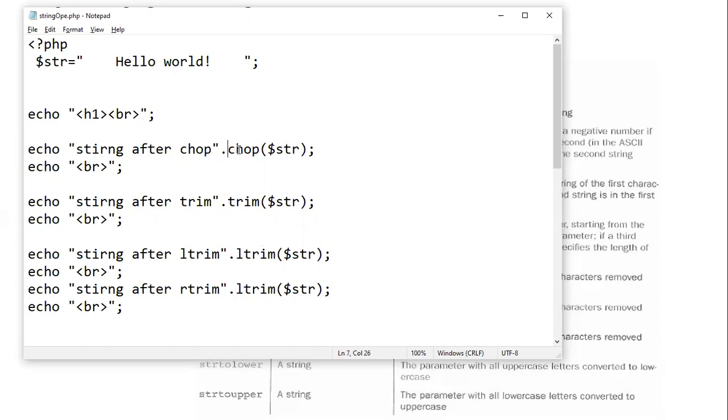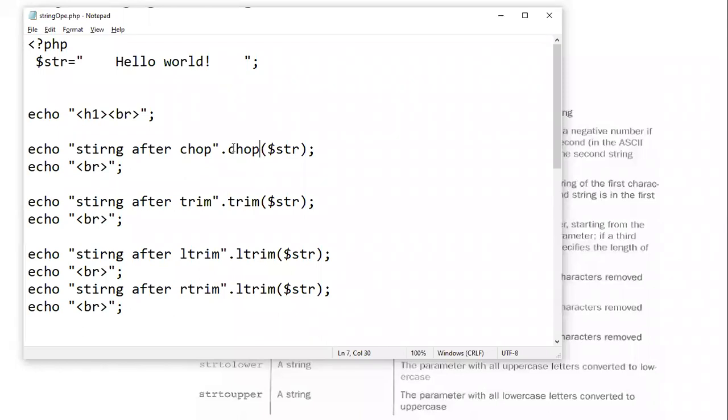Chop will eliminate the starting white spaces and the ending white spaces, and it will display only the middle string. If some spaces are in the middle, don't worry, that is okay. It will eliminate any number of starting white spaces, not only a single one, and the trailing white spaces.